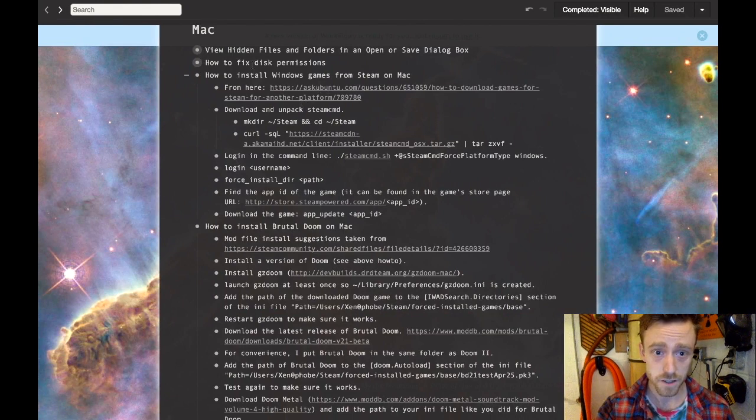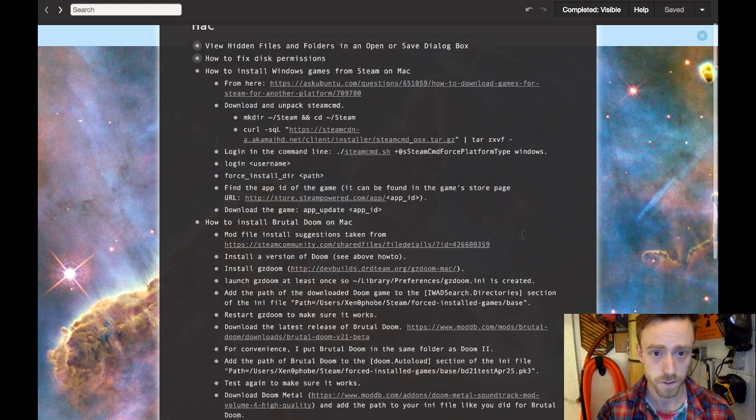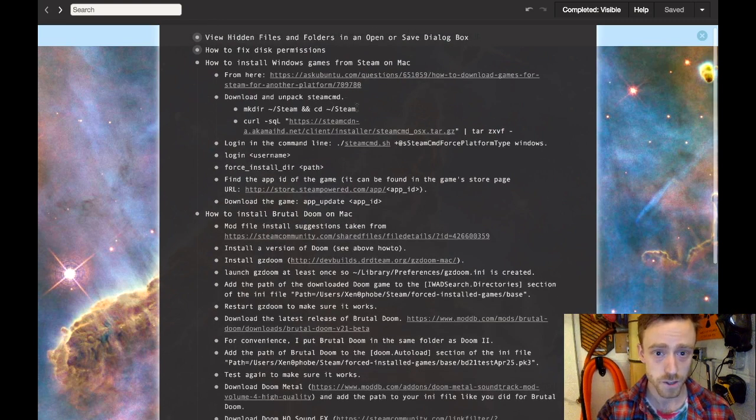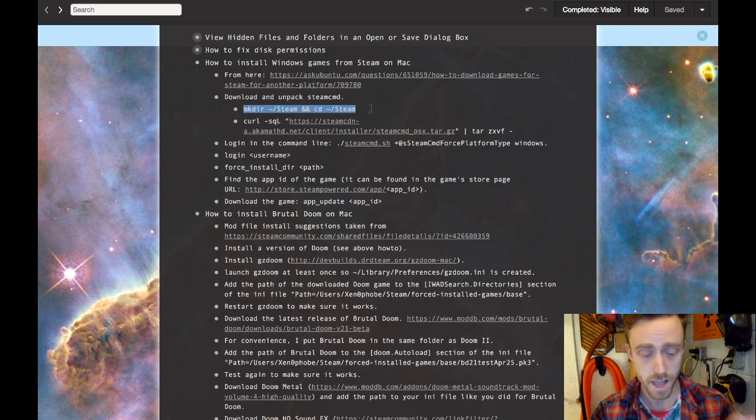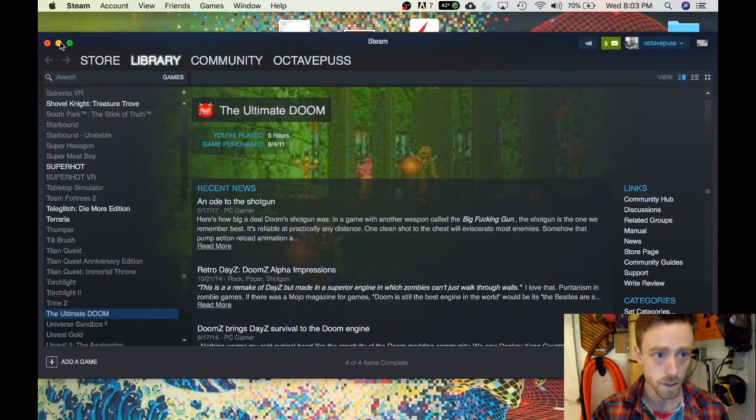Let me move over to my little notes page here. So you can see there's some general sources that I've used, and I'll post this in the video description. But anyways, first thing is get steam command. And before that, we are going to make a directory that we will use to install our Windows games on our Mac laptop. So we need to open